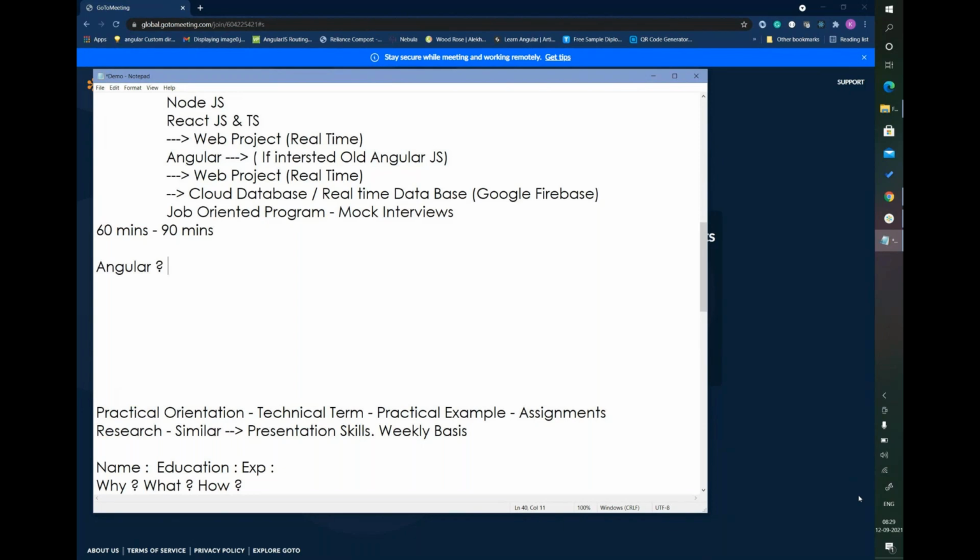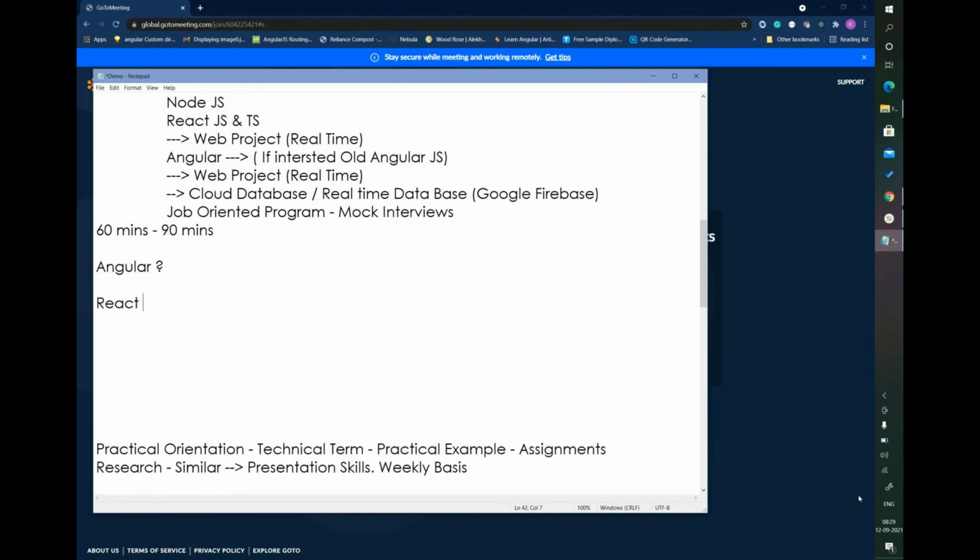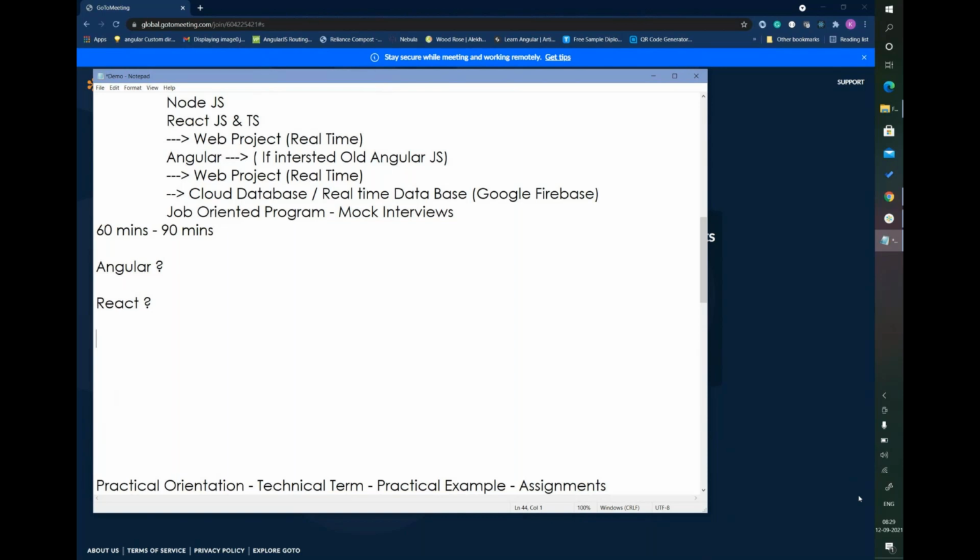How many of you are looking for only React? And how many are looking for both? Just type it over the chat window.